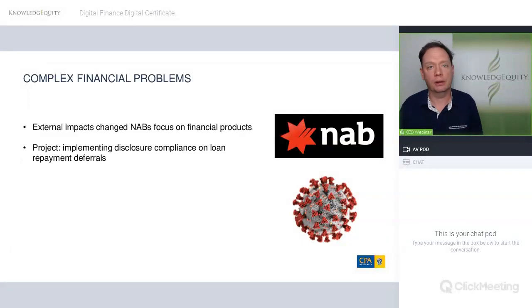A lot of people in Australia took a hit to their finances, and they needed to turn to their banks for things like loan repayment deferrals. Banks are willing to do this, but they need to go through a range of steps to ensure it's done properly. And one of them is around disclosure, a very important step. A lot of this occurs in phone calls. How do you ensure that the correct disclosure is being given, that the customer understands what is required? So how do you get compliance against that?